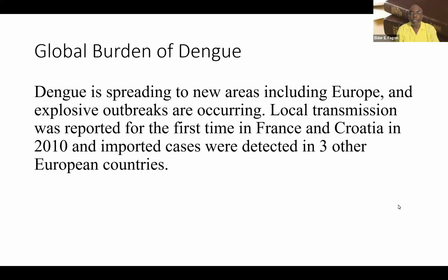But dengue is spreading to new areas, including Europe, and explosive outbreaks are occurring. Local transmission was reported for the first time in France and Croatia in 2010, and imported cases were detected in 3 other European countries. So you know that when it comes to traveling, massive numbers of people travel as tourists. Some people travel to go to work in other countries and so on. So you have a mixing of different populations, and you see how